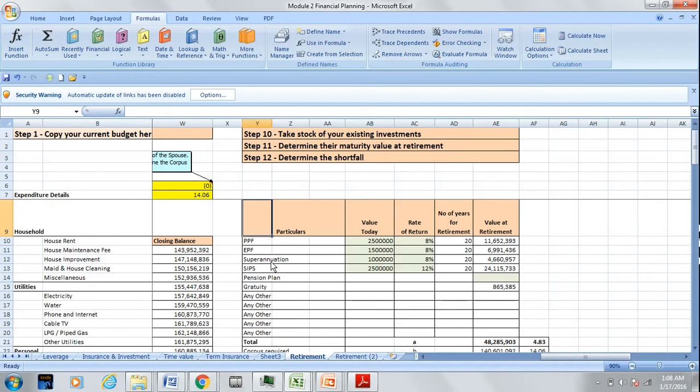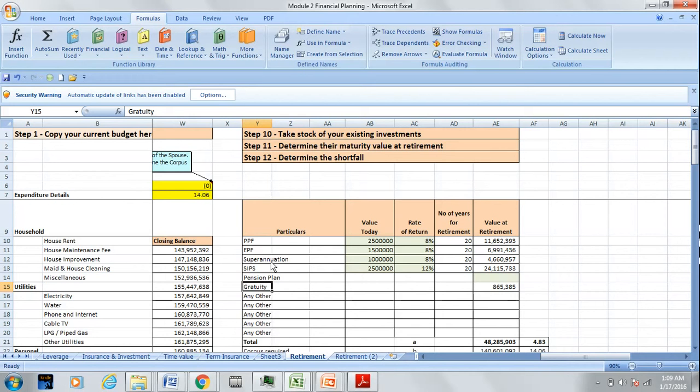Normally investments relating to retirements are the public provident fund, the employee provident fund, the superannuation. Some people also invest in systematic investment plans. Gratuity, of course, would be coming from your employer,